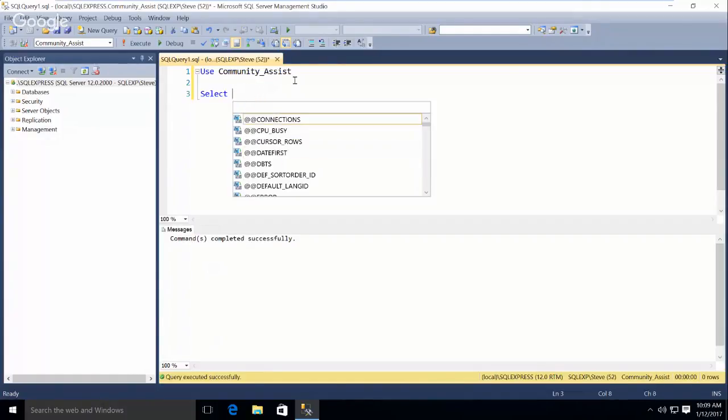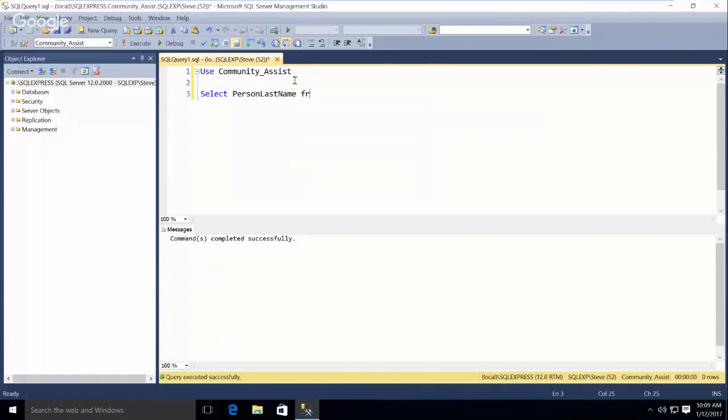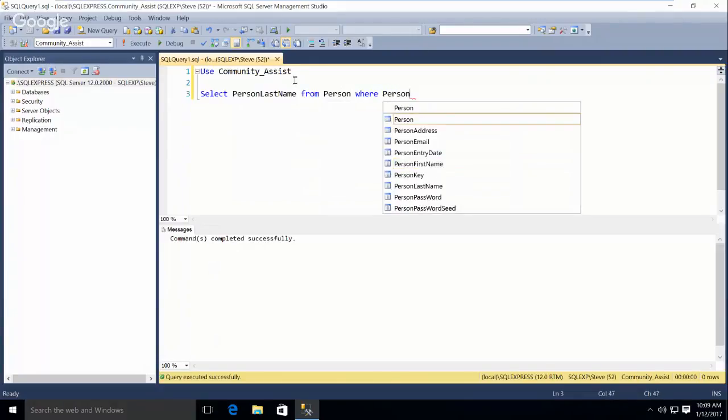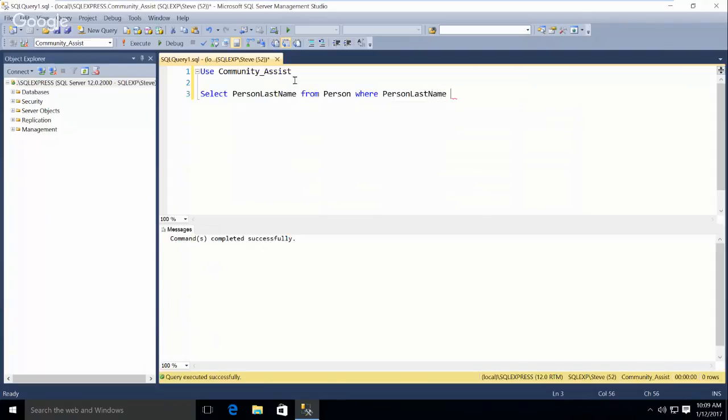I'm going to do SELECT person last name FROM person WHERE person last name LIKE in single quotes. What do we want to start with? D. I don't know if there's any D's, but let's try it.